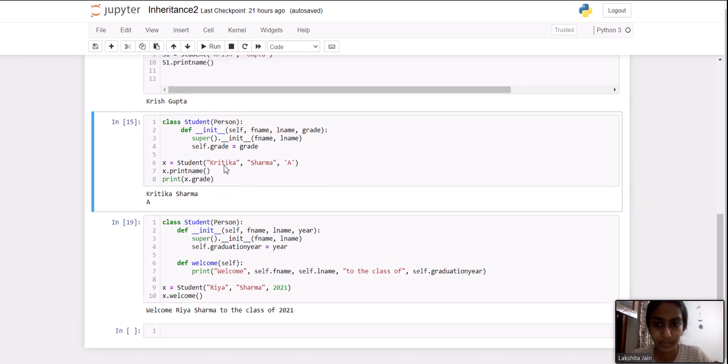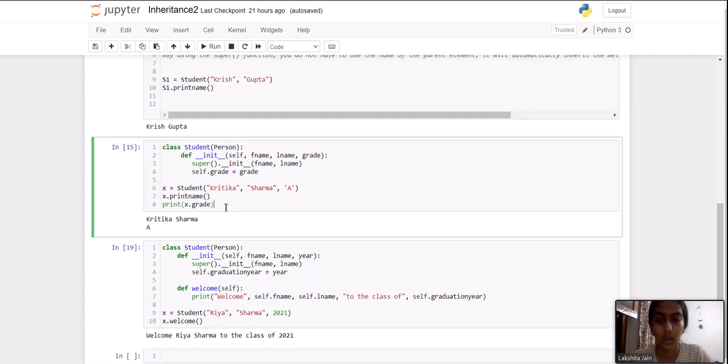Let's see that. Okay, so here we are introducing another attribute to our init method in the child class. What is the attribute? Here we are assigning a grade. So earlier we had only assigned first name and last name.